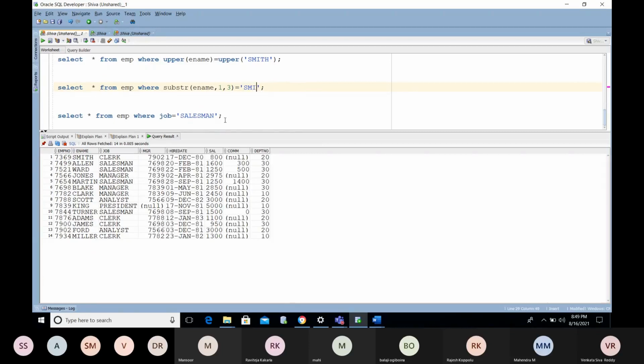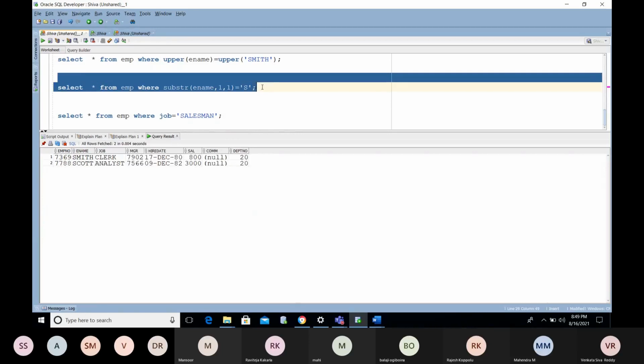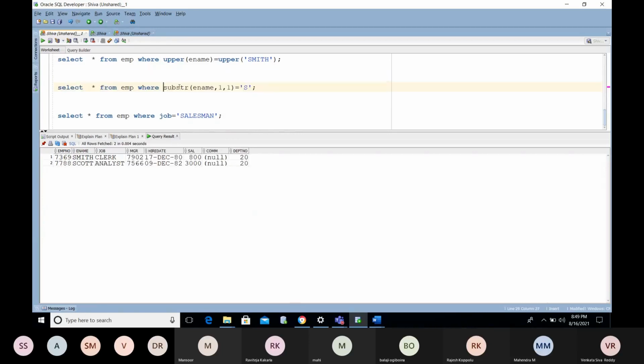Only 1 letter I am going to filter here. If you get the 2 records, now I am going to filter data like this. In this case, if you create the function based index like this, it will help you to get the data faster. Okay, these are the indexes we have.